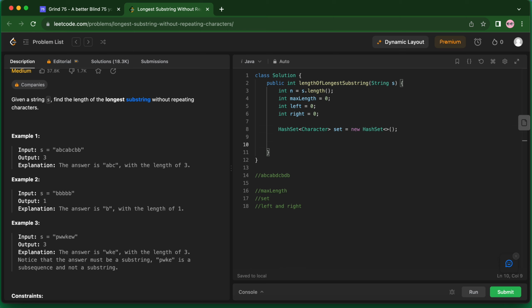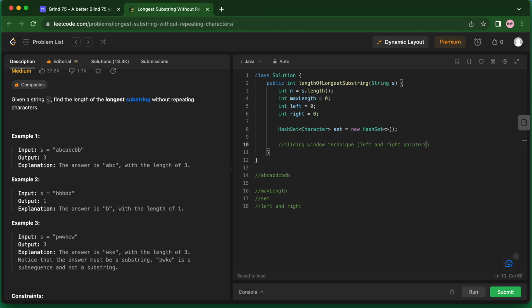Done. Now we'll start traversing through the string, and since we'll be moving our front pointer, the left pointer and the right pointer in each string, we'll actually be creating a sliding window. We remove a character from this end, like in this case we remove the b from this end, we add the b on this end. So this is called a sliding window technique, right, where we are using left and